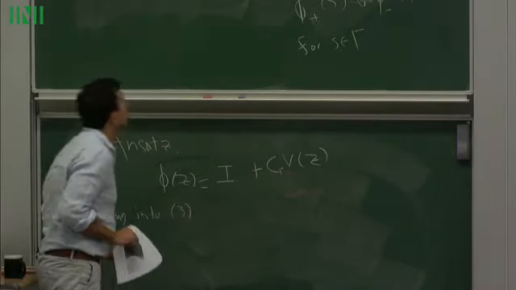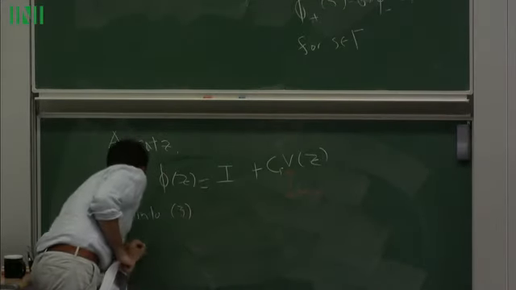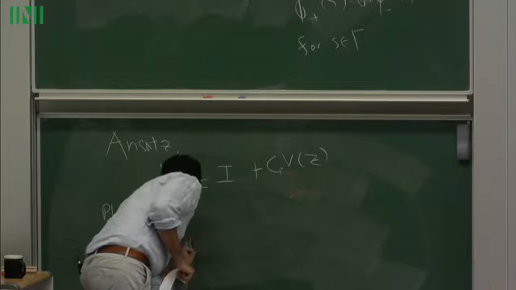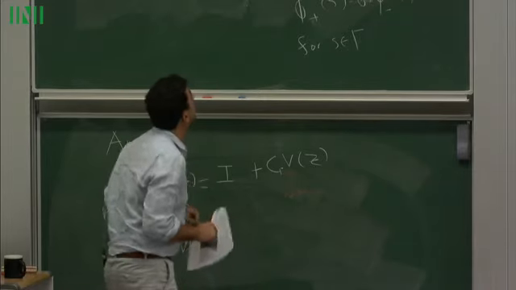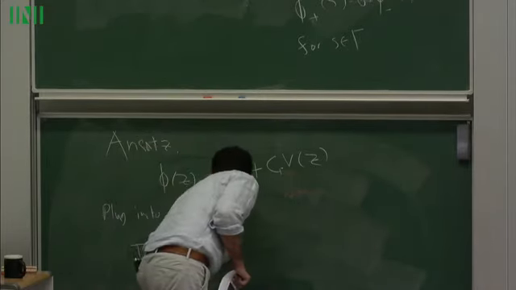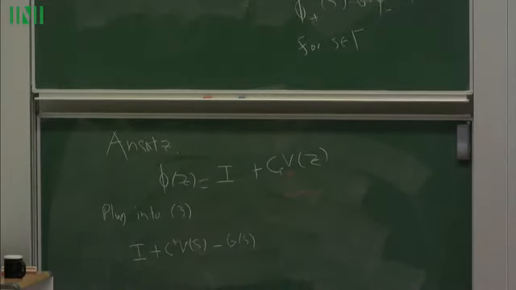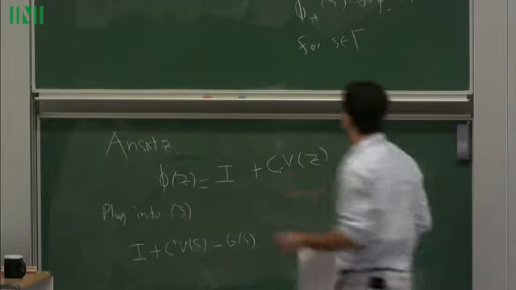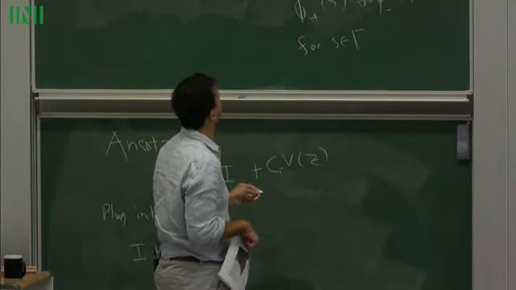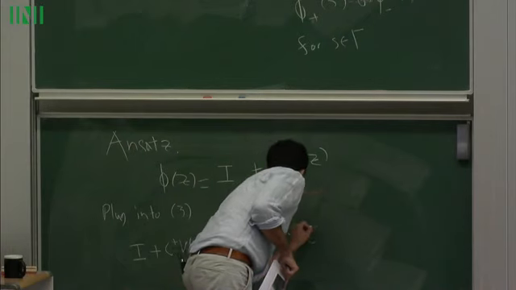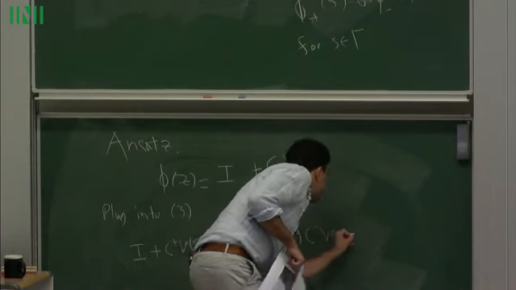We get I plus C plus V of s, minus g of s, I plus C minus V of s, is equal to f of s,